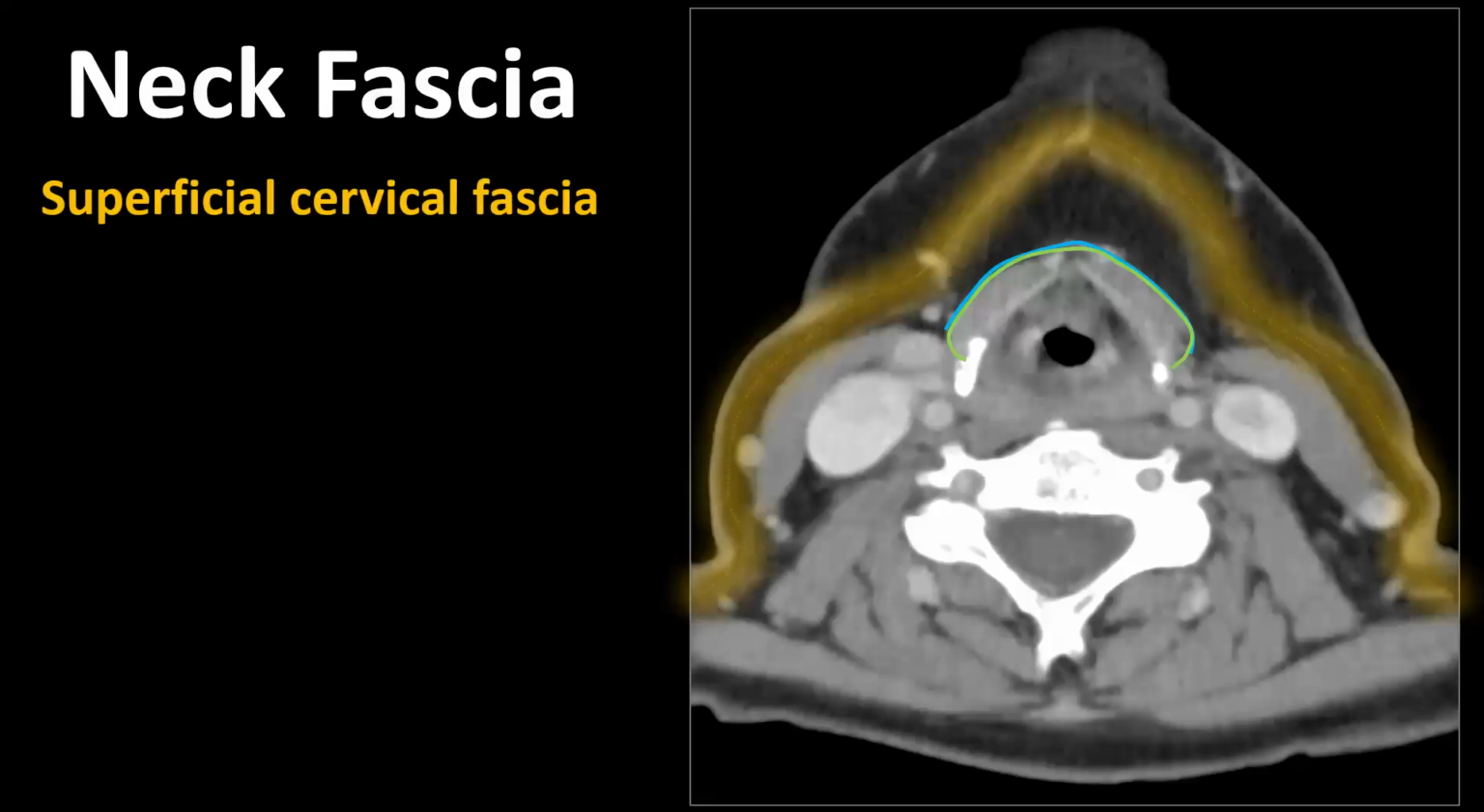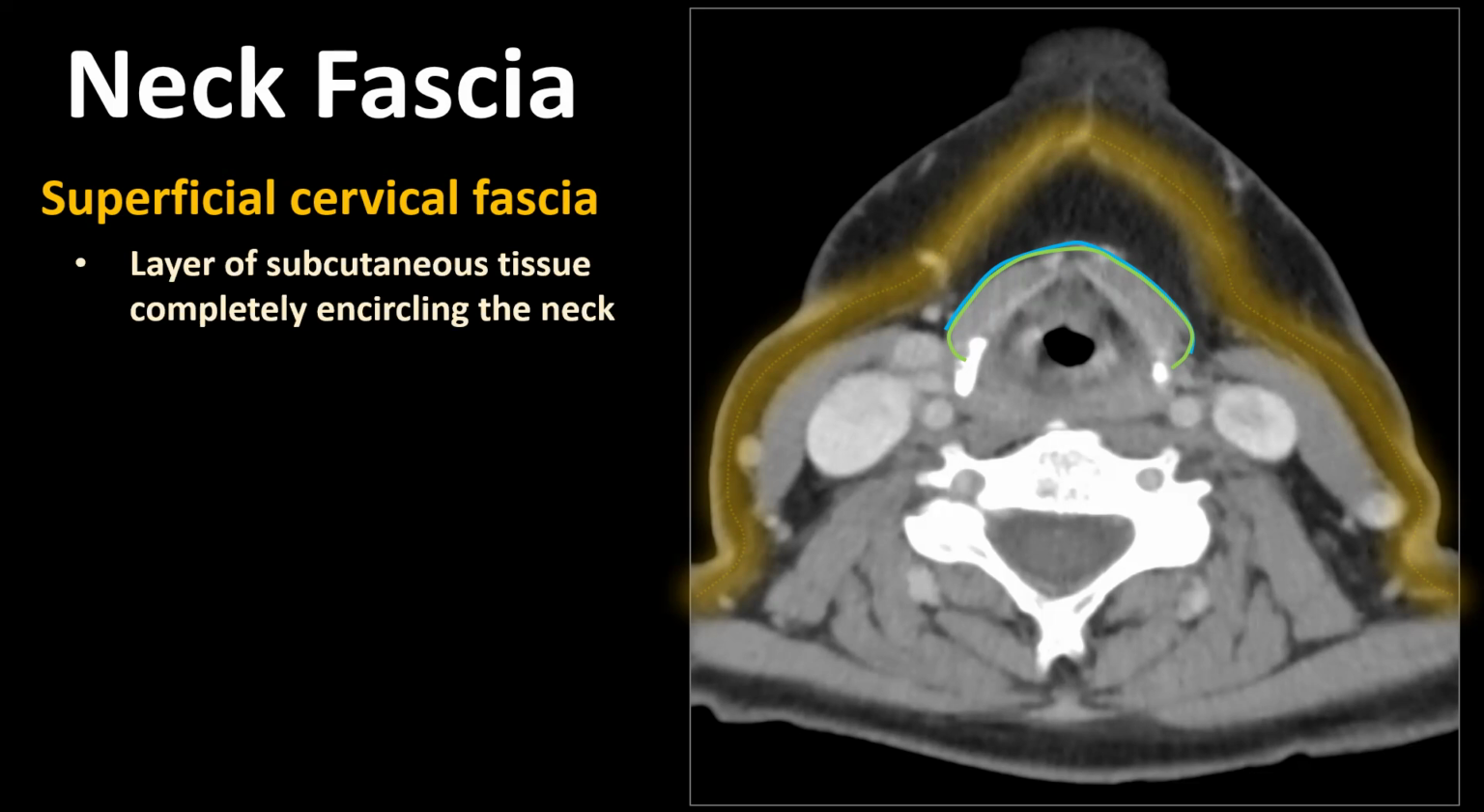Let's start with the superficial cervical fascia. Well, when talking about fascia, we imagine a kind of sheet-like structure, but the superficial cervical fascia is not really like that. When talking about the superficial cervical fascia, we basically refer to a layer of subcutaneous tissue completely encircling the neck, located between the dermal layer of the skin and the superficial layer of the deep